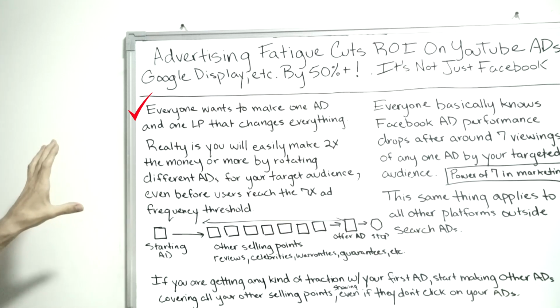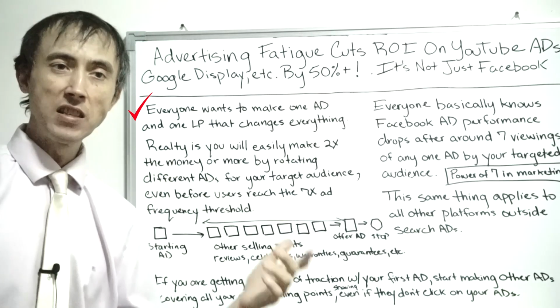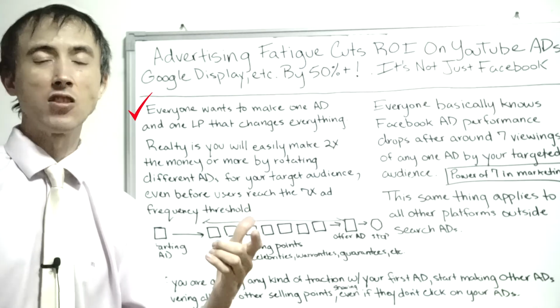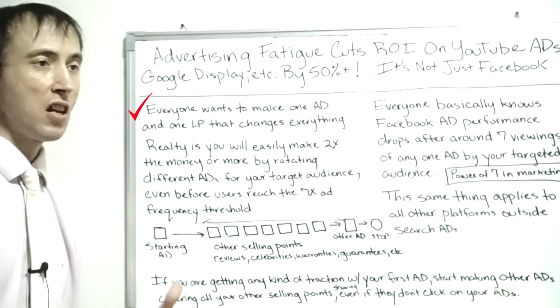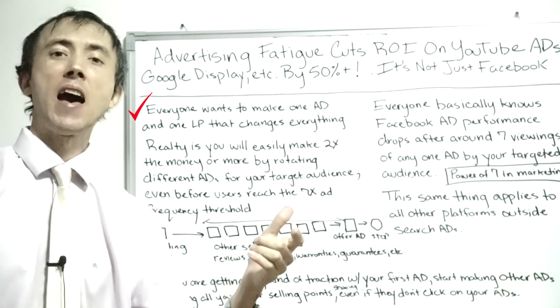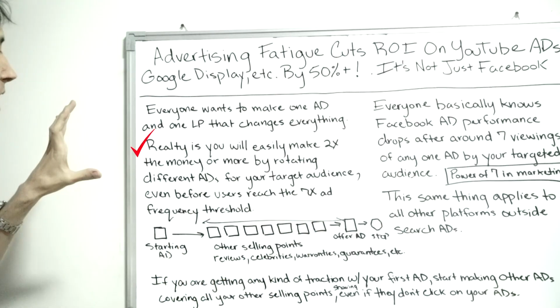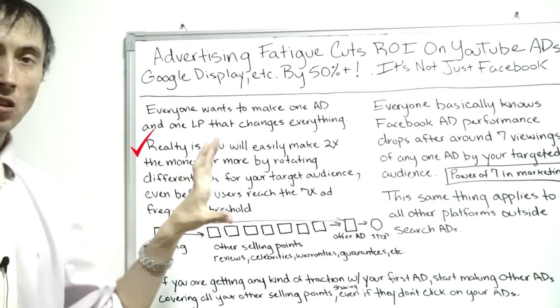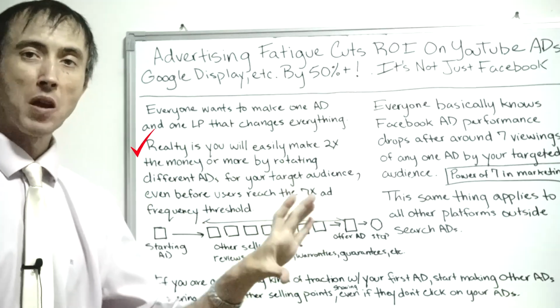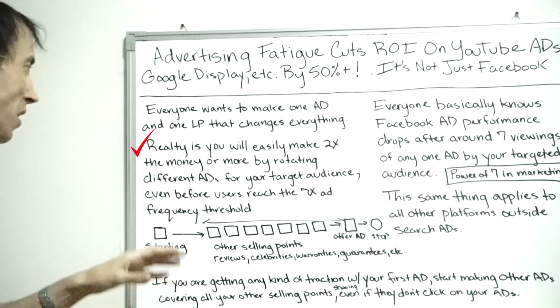So if you get past the idea that you are going to have that one ad that's just going to make you insanely rich, and that you're going to have to come up with multiple ads, but you could still get rich, then you can start to wrap your head around you need a more robust strategy and sequence to be able to sell like you want to sell in your market.